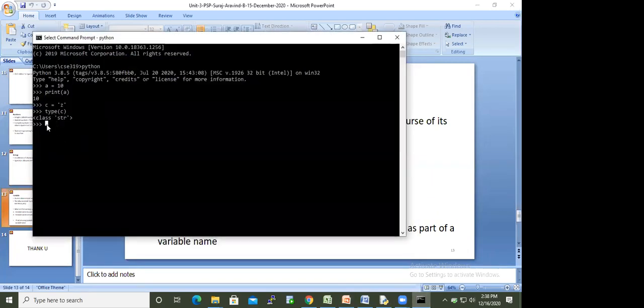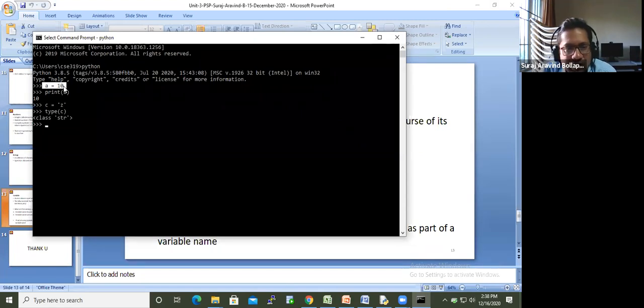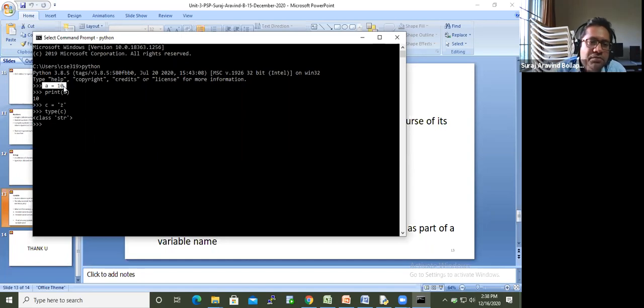Right. So earlier we have seen, if I continue with the same thing here, till now in all the discussion we were only assigning one value to one variable in a statement.